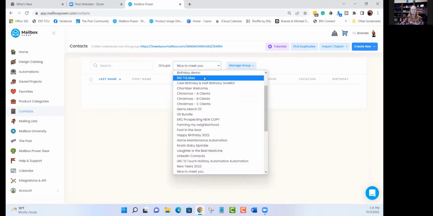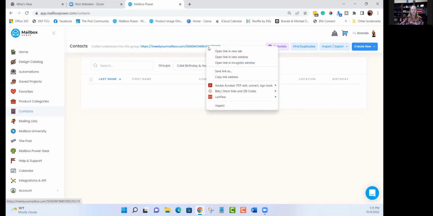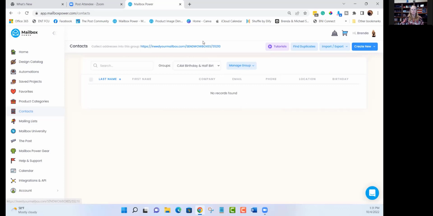And if I change this to our card a month, birthday, half birthday, notice the number changed. If I right click on this link and copy this link address and share it with somebody in email, text message, Facebook Messenger, LinkedIn, Twitter, however you want to communicate with people,